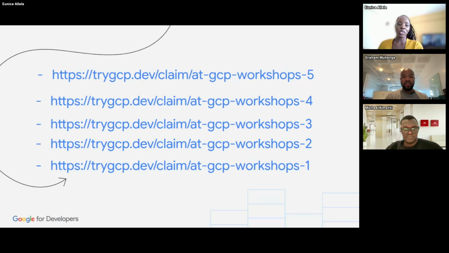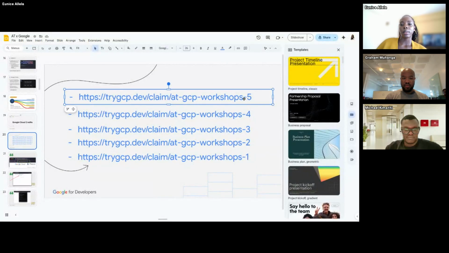So I'm going to just pause for a minute. Feel free to grab any of these 5 links, right? Feel free to grab any of them, and I will guide you through what to do next. Let me just paste them. If I'm just going to paste one, just change the last numbers, that should do, right? And so these are the cloud credits that we're going to be using for the duration of the course.